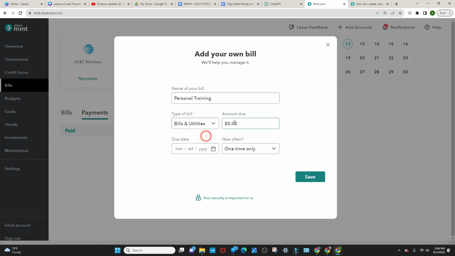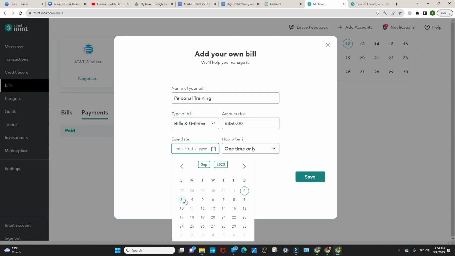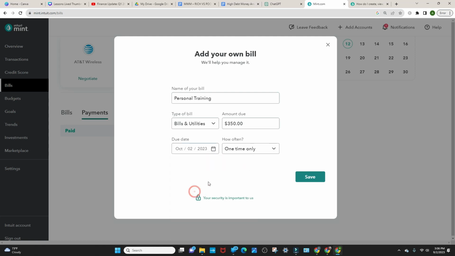This is a bill, and the amount is $350. The due date is going to be next October 2nd. And for me, it's going to be monthly. And what I like about Mint, as you can see here, you have many different options as to how to